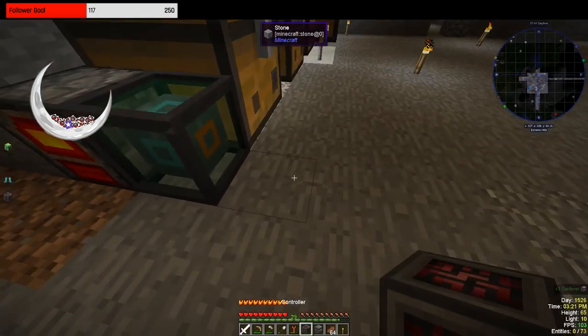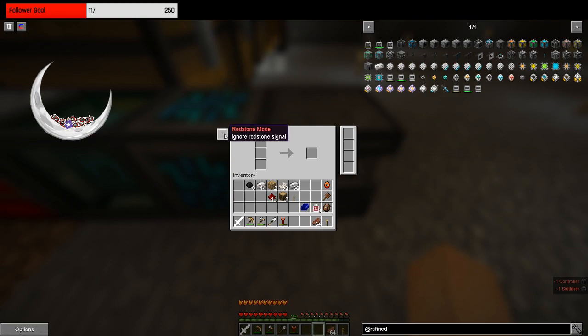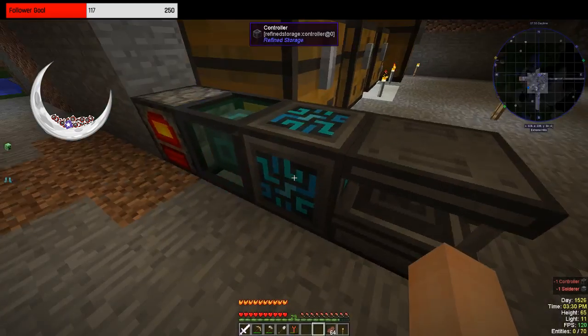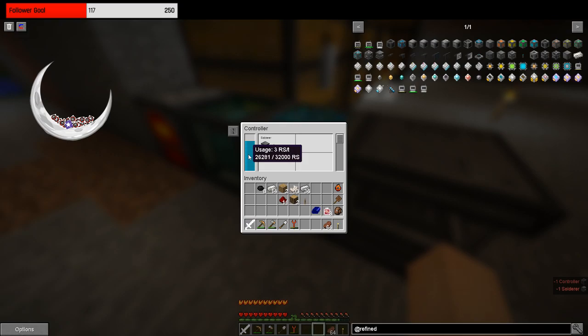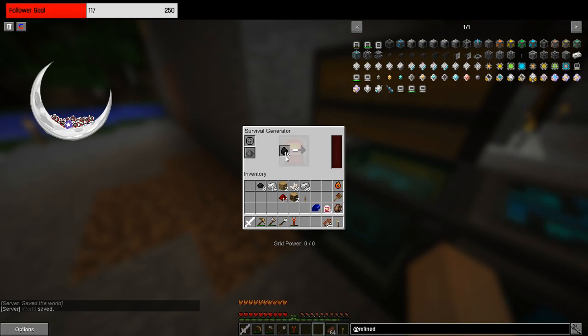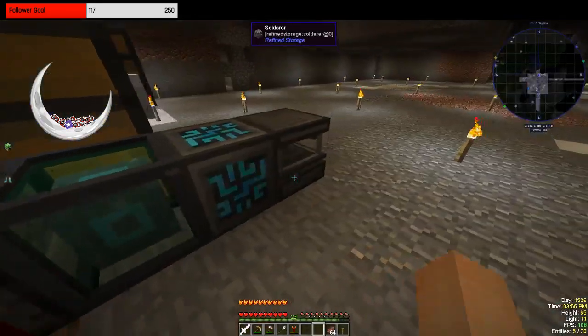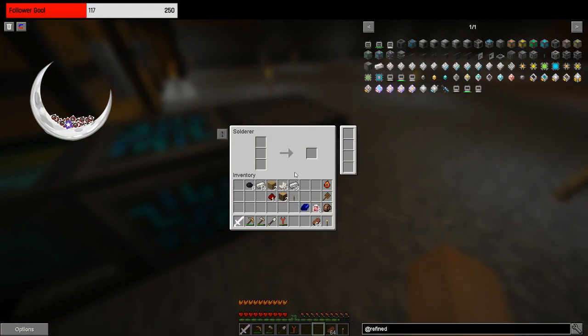Go ahead and put this down. Three RF per tick. Okay, that's generating plenty. Oh wow, that thing's at... Oh wow. Generates 5 RF per tick. Generate 80,000. We're still on the first one I put in there, I think. What did I put in here? Right. So, one of the things we need is a...